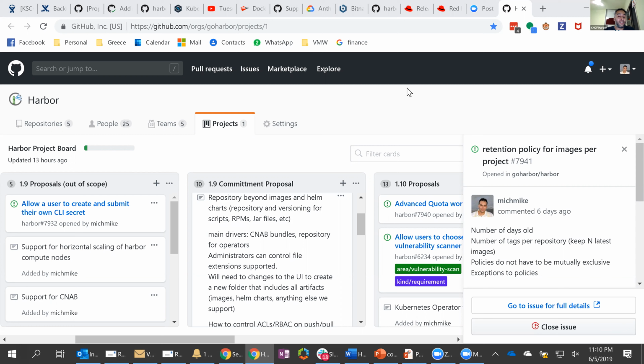Now, the advantage of Harbor is not only can you store all these images, but you can enforce our policy. Replication will work. Retention policies will work. RBAC and authorization will work. Login will work. OIDC support will work. So all of these other policies that you have in Harbor will work perfectly with this work. The only thing you wouldn't get is maybe static analysis coming with Clair. But everything else will work. And as a developer of cloud native apps, all the resources that you need for your apps to be deployed in production will be available and hosted in Harbor, and you'll have a single place to go look for them.